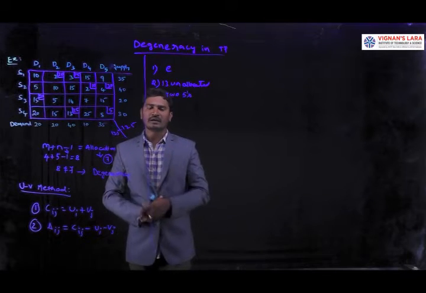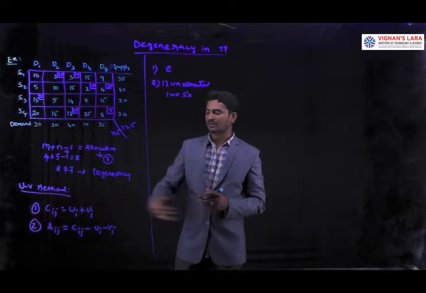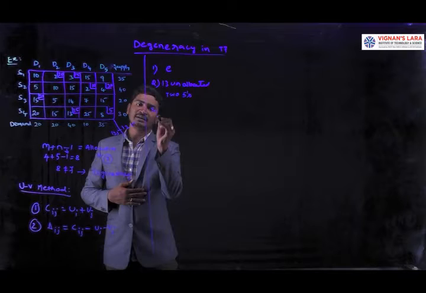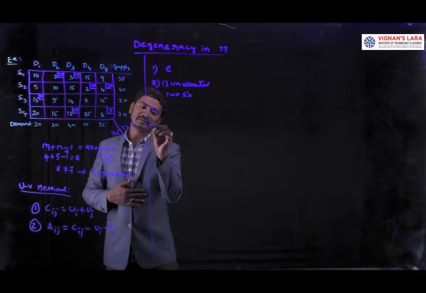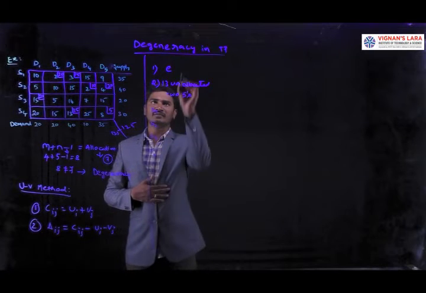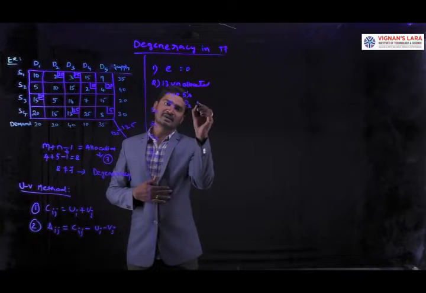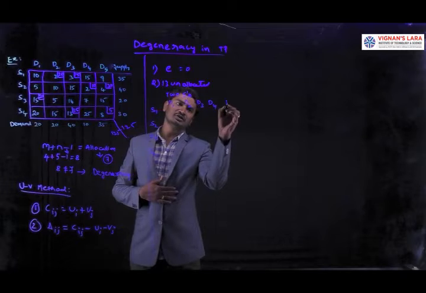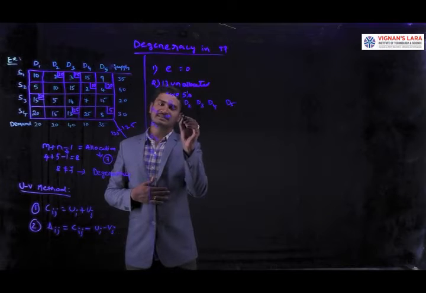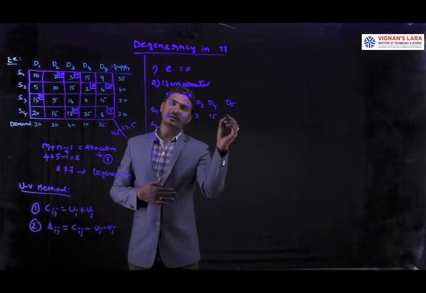After assigning this cell, we are going to calculate the u values and v values, then we are going to calculate the delta ij value. Now I am going to assign the epsilon value to the unallocated cell for balancing the allocations. Epsilon is a very minute value. It means we take epsilon equal to 0. It doesn't affect anything, so at the time of calculations we consider epsilon equal to 0. Here in our original problem, we have 5 destination stations and 4 supply stations.